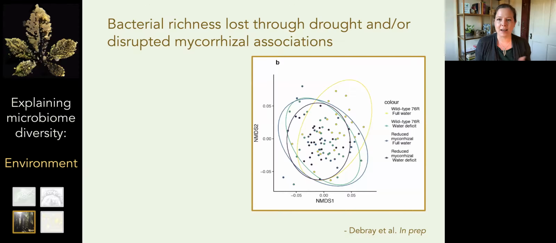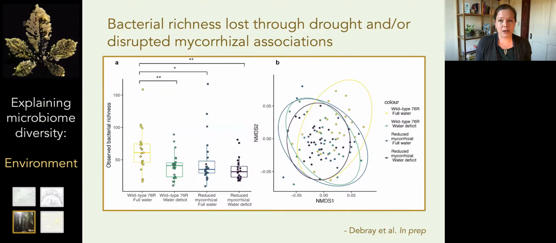And so this is a classic sort of a principal components test where you can take a very complicated data set like a microbiome with that rich taxonomic diversity and fit it onto two axes. And this is simply a way of visualizing how different two communities are from one another. So if the points are close together, those are very similar communities, and if they're far apart, those are very different communities. And all I want you to really take away from this is relative to wild type tomato that are grown in full water, which is this yellow circle, all of the other perturbations, all the other stress we put them under led to a shift away from that sort of wild type, if you will, microbiome.